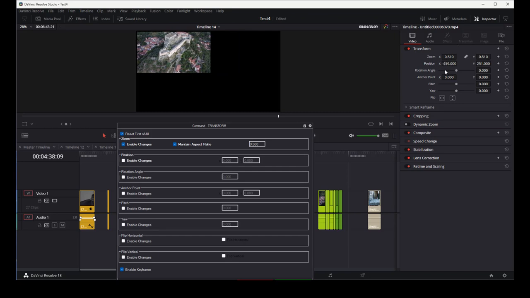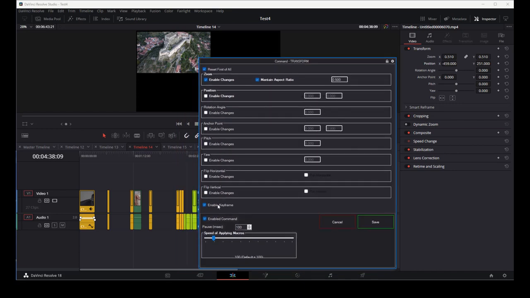We want this clip to be in this position, so we copy these values here. The first movement must enable the keyframe here, then 0.500 is fine, the position we put. The keyframe and make these changes to the clip. So the first thing,